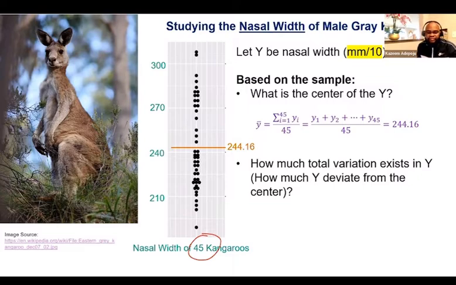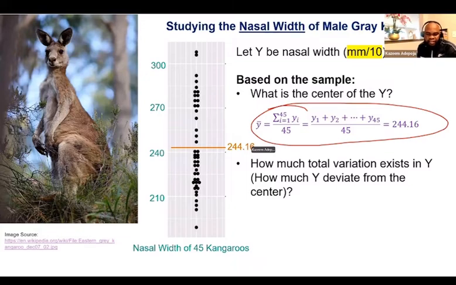Why do we have to take 45? We have to take a sample size of more than one because, on average, we want to say what the nose weight of male kangaroos is. From kangaroo number 1 to kangaroo number 45, we measured the nose weight. Y1 represents the nose weight of the first kangaroo. Y2 represents the nose weight of the second kangaroo, up to 45 kangaroos. We add all of that together. If you want to find out what the average is, you divide by the number of kangaroos. And that gives us